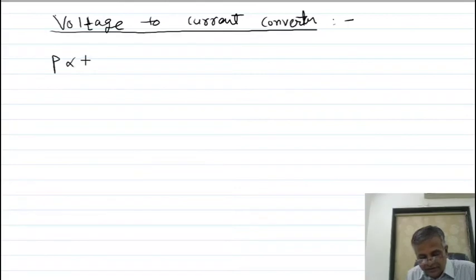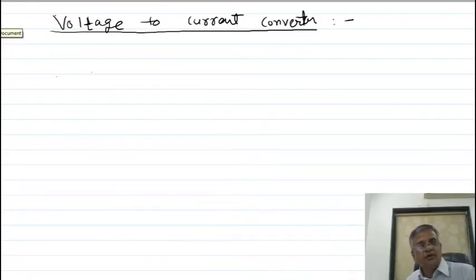In most power amplifiers, generally the last stage is a voltage to current converter, because the power coming out of the speaker is proportional to the square of the current, and it depends upon the current. So the amplified voltage should be converted into a proportional current, and that current is passed to the speaker, and you can get a large sound, because the power depends upon the current. So in most power amplifiers, the last stage keeps a voltage to current converter.